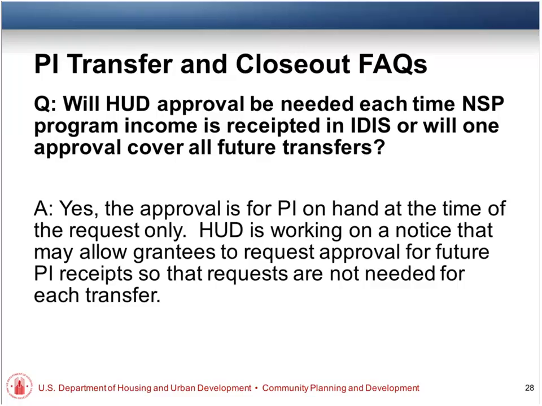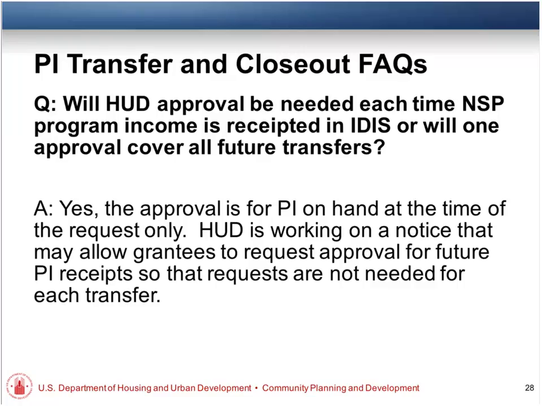that last little hoop, and we do mean to allow, like if you have loans that you're going to get payment on, one of the questions was, we'll be getting payments on a loan for the next 15 years. Can we just identify the payments we expect and ask for approval for that? Right now you cannot, but we do want to alter the notice to allow that identification at the time, and we're working on that.